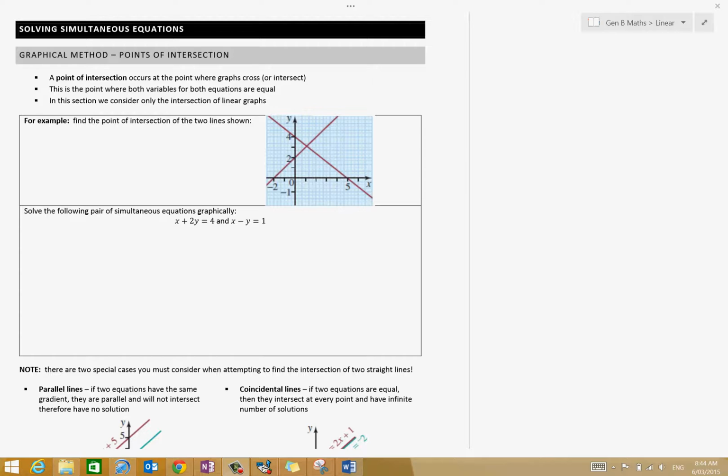Luke, what can you tell me about two lines that intersect? What can you tell me about their coordinates at the point they intersect? What do you think? They're even. Okay, they're even or they're equal, aren't they? They're equal. So what can you tell me, I guess, if I've got this point here, this point here, what do they have? They have the same